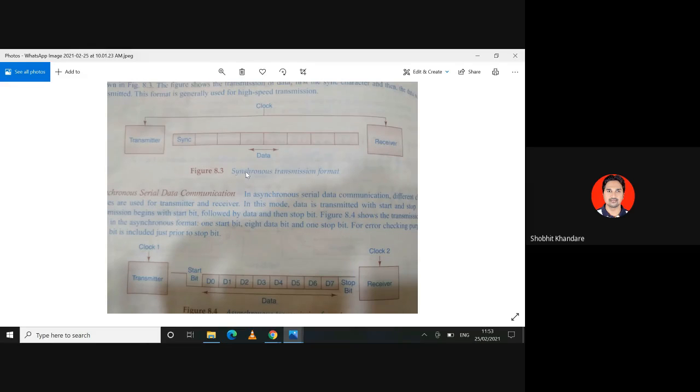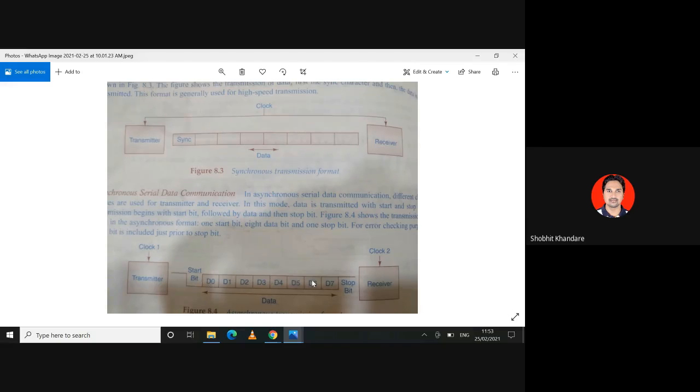In the synchronous we have sync character. Okay, we have sync character. And the clock frequencies which are applied to the transmitter and the receiver are the same, or with the same clock frequency, but here the clock frequencies are different. And one important thing,